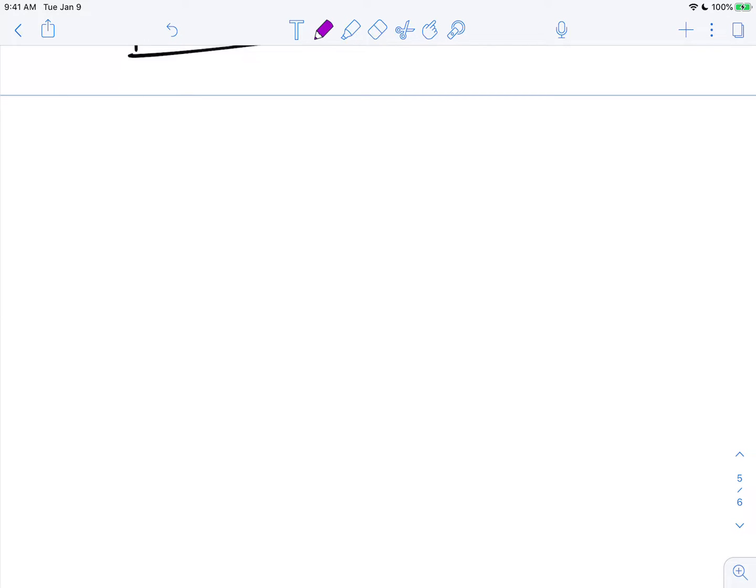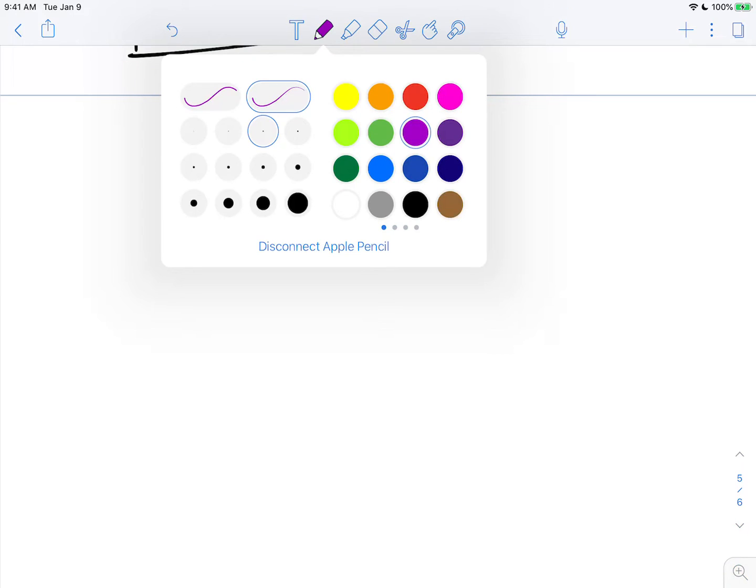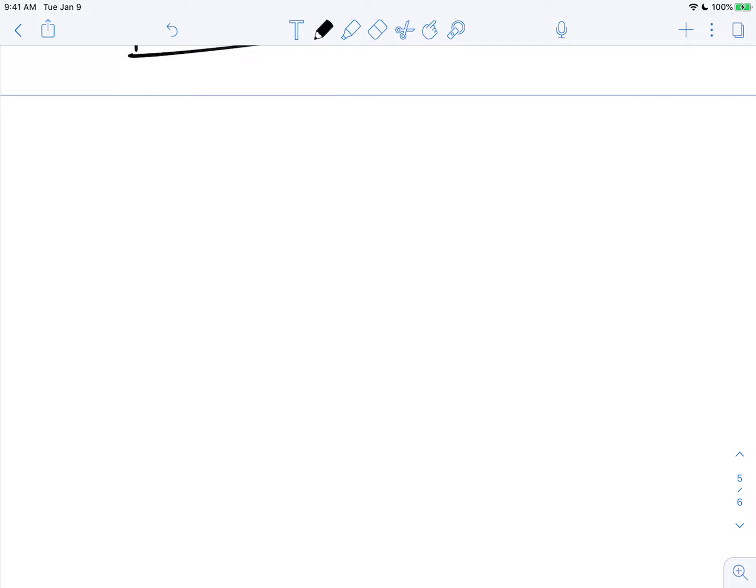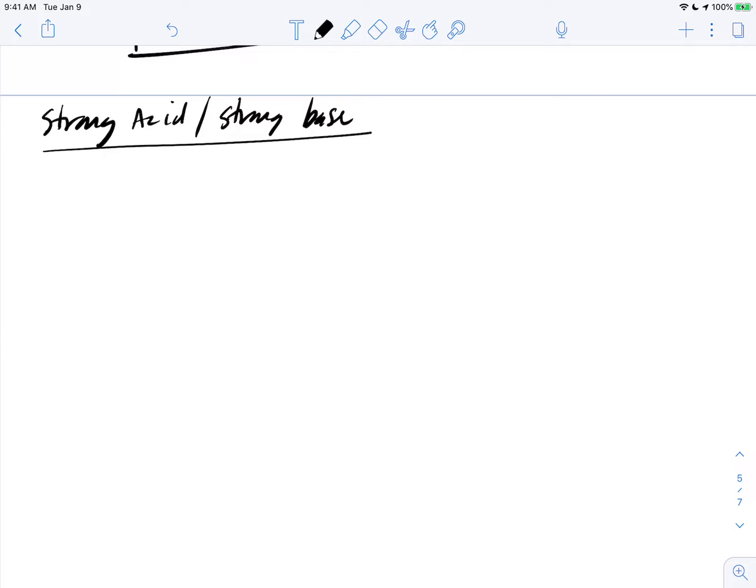So in addition to a neutralization reaction, the other types of reactions we can have are ones in which we have, so let's just review first. I guess we should just remember a strong acid, strong base reaction. Strong acid, strong base. And this is a neutralization reaction, so we can use strong acid, nitric acid,